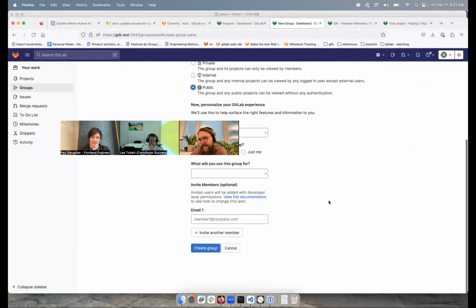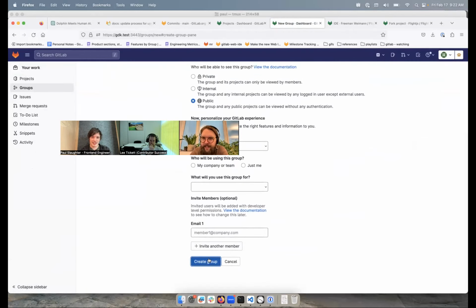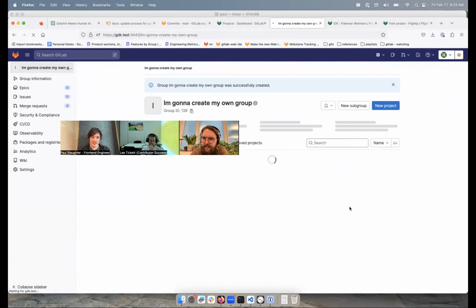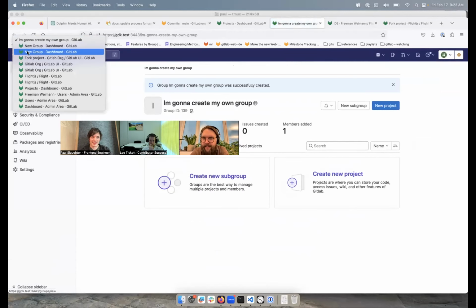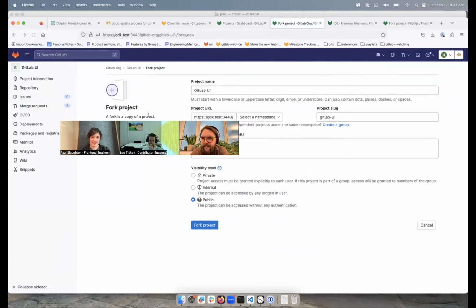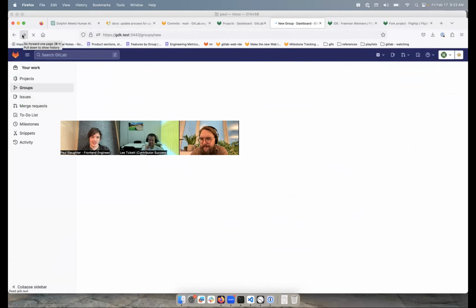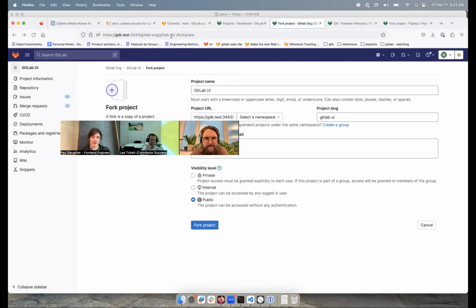So, as an aside, when you're all working in the GDK and you have to play with test data and stuff, what is your go-to project? Flight. I've uploaded GitLab UI. That's my go-to. I tried uploading GitLab, but that requires LFS stuff. So I was like,